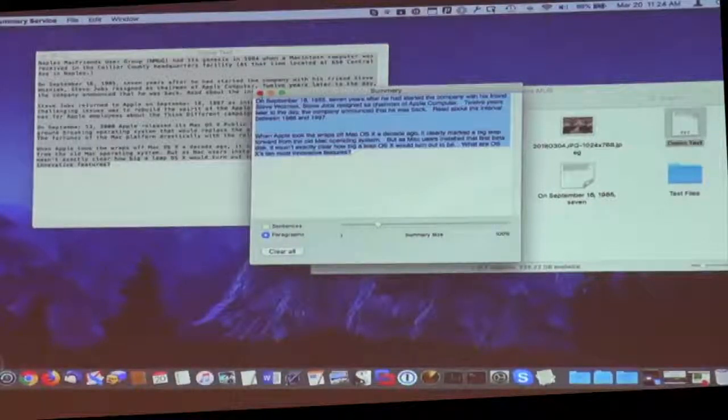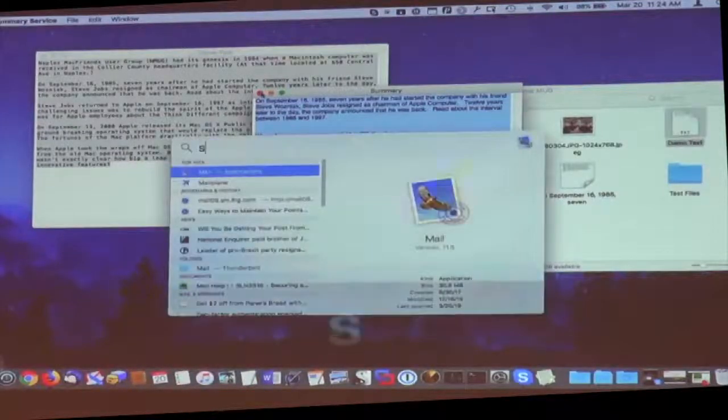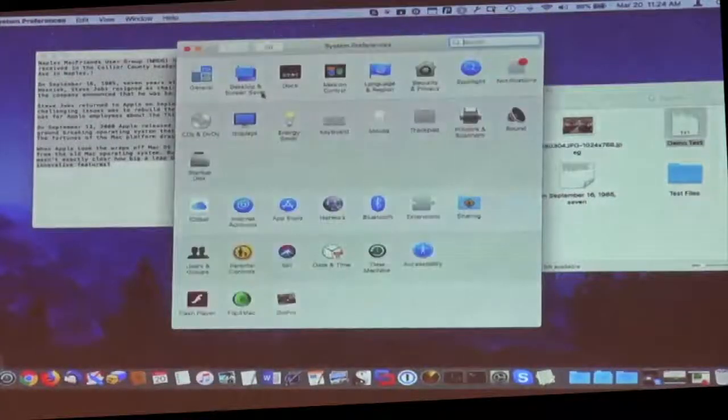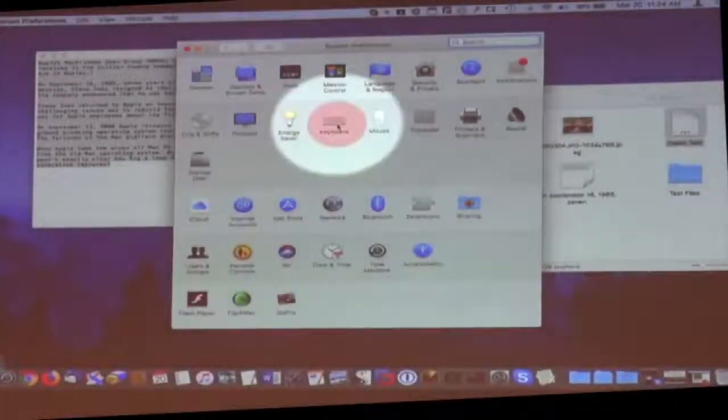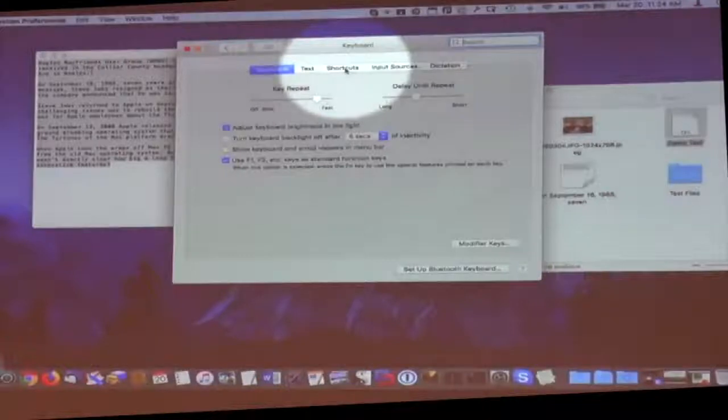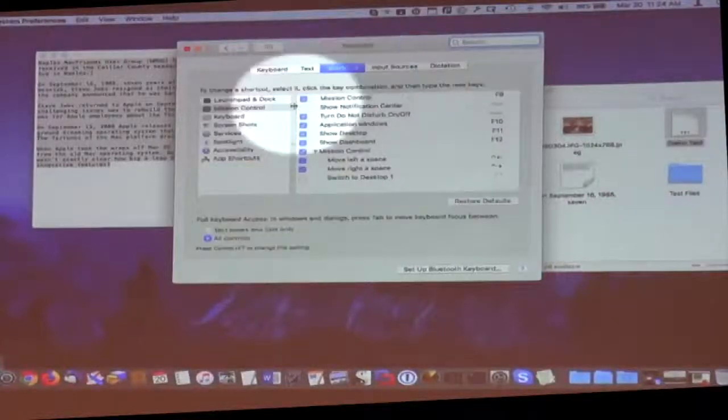Now, Summarize has to be turned on. It used to be on by default, I believe, but I've noticed in recent iterations of macOS that you actually have to go turn it on. And where you turn on the Summarize feature is in System Preferences. So I'm going to go back to System Preferences here, and it is under, let me turn this on again, it's under Keyboard, Shortcuts, Services,